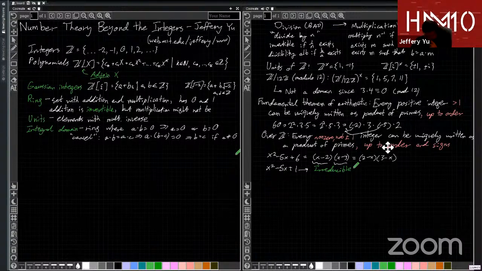Now, if you study more abstract algebra, it turns out that these are what we call prime ideals in rings. But I'm going to try to avoid talking about ideals today because those are more complicated. So I want to reconcile this notion of primes versus irreducibles. In some sense, over the integers and polynomials, we have some sense of what the building blocks should be. So the correct definition of irreducible, which I'll write here,